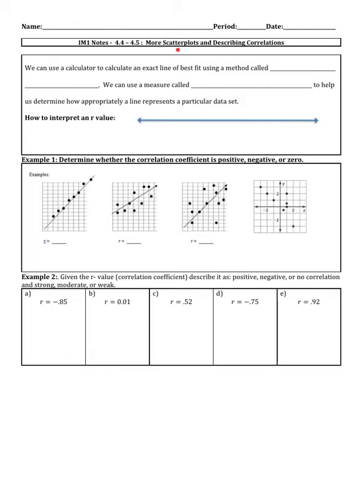We're going to cover a little bit more on scatter plots, and we're going to get even better at describing scatter plots and their correlation. So, what you should remember from your last lesson is you had a scatter plot similar to what you see down here, and we were able to look at the correlation and describe it as positive or negative or no correlation, and then we were able to put a line of best fit along with that